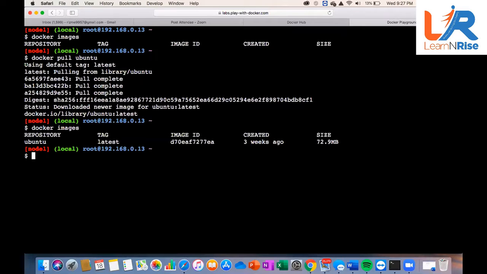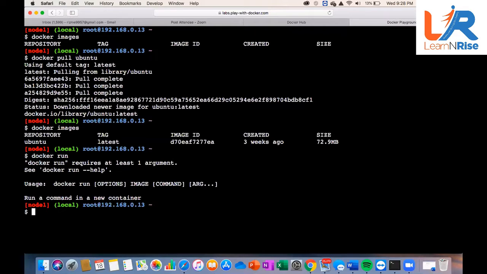So how are we going to make it a container? We are going to use the command docker run. So docker space run space -it, which means interactive, space --name, because every VM must have a name, right?